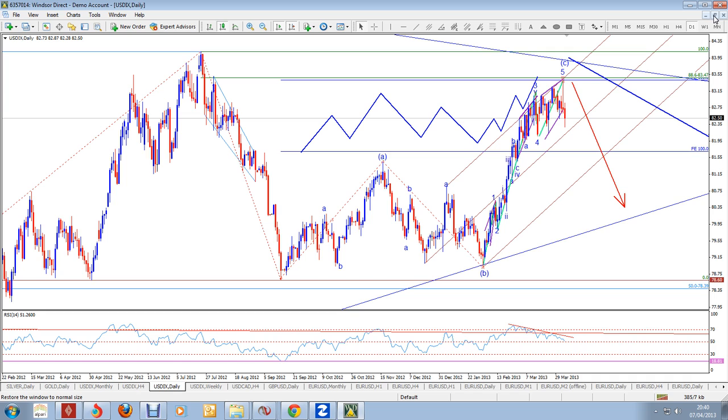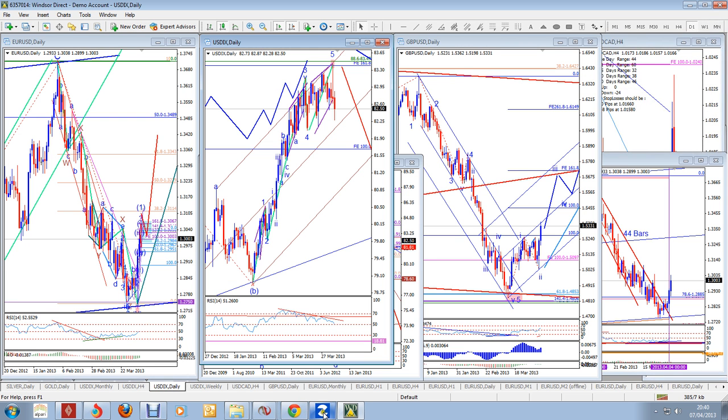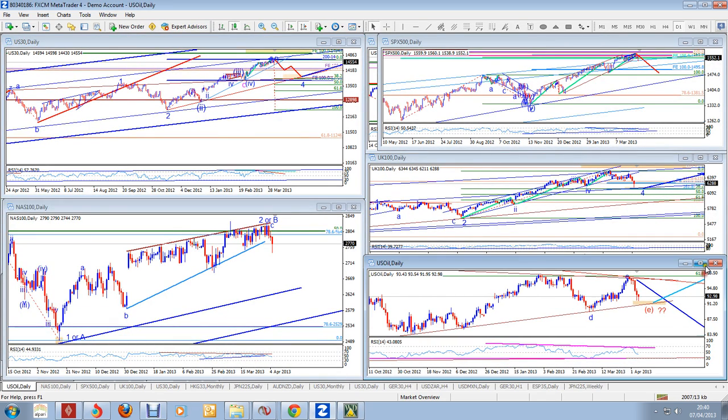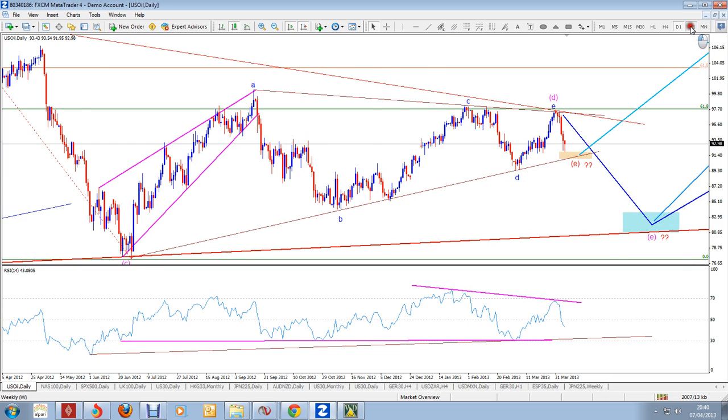So I think the dollar index has completed its 5-wave cycle to the upside and is now in a major new trend to the downside, and that would suggest that there would be a significant change in trend in many of the US dollar pairs. So after having looked at the equity index, the oil index is also having its own